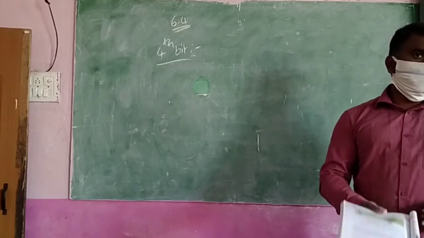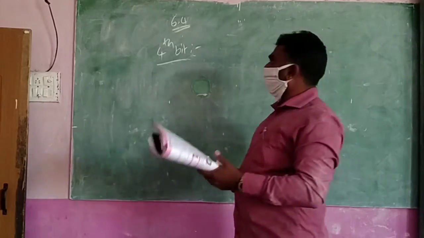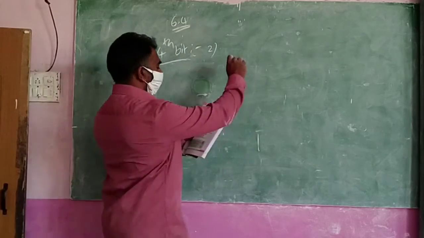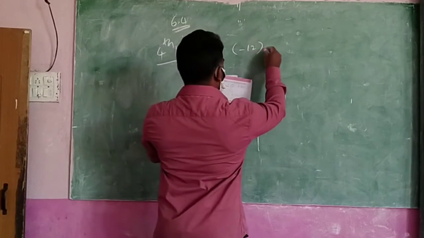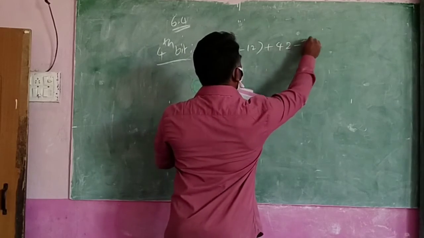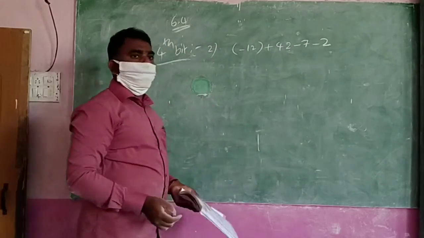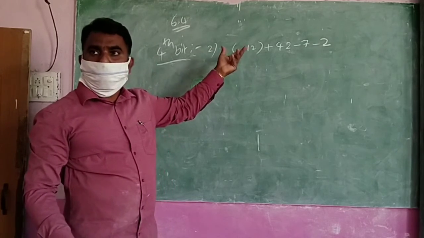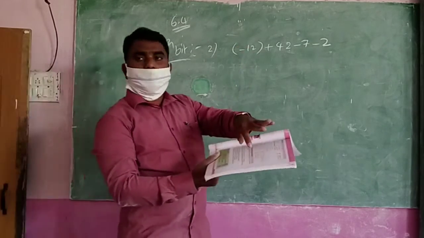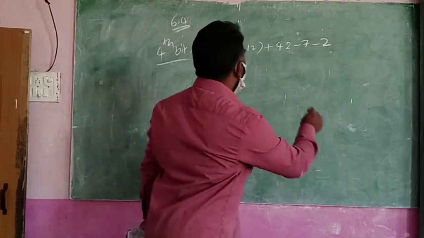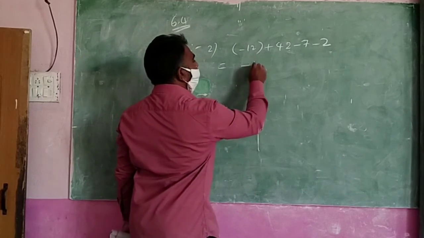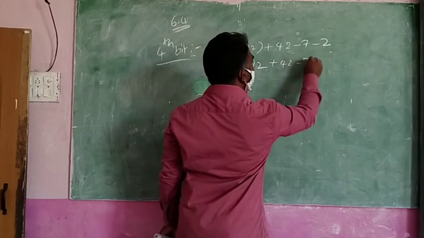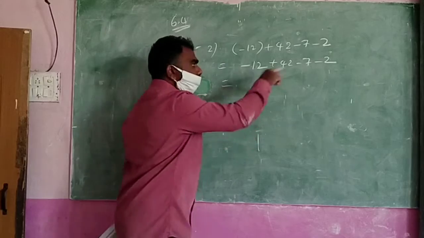One more example I will explain. In this I am saying to you the second question. What is the second question? Minus 12 less 42 minus 7 minus 2. Here only a bracket is there. Yes, you can remove it. In the remaining problems, 2-3 brackets are there. Okay, how do you remove? You know that. So remove only one symbol now. This is as it is because the bracket is not there. Now more numbers are there.